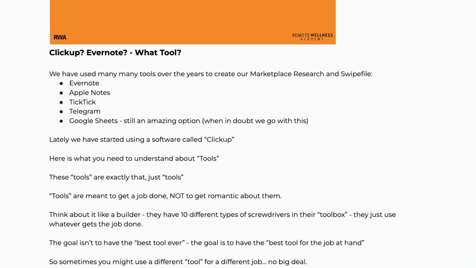So over the years, we've actually used many tools to create our market research and organize our market research and our swipe file, right? Some of these tools are like this, right? We've also used Google Sheets, which I might throw in a real quick tutorial on because it's still an amazing option. And when in doubt, we honestly just go back to Google Sheets and Google Docs, and then we build up from there and see what it is, right? Now, lately, we've actually started using a software called ClickUp that I'm going to walk you guys through in just a second. But here's the way that I want you to understand tools and how tools work,